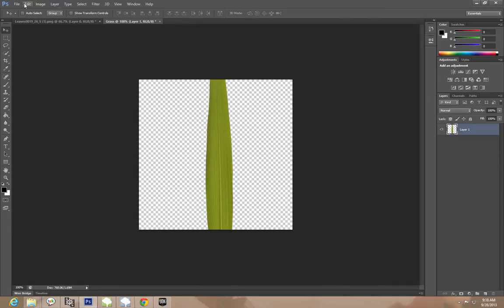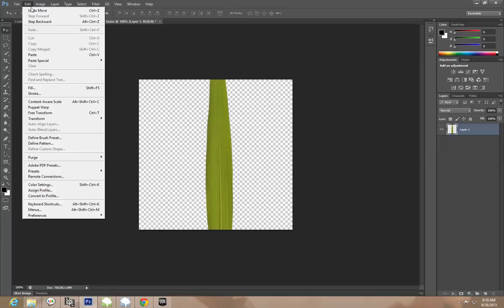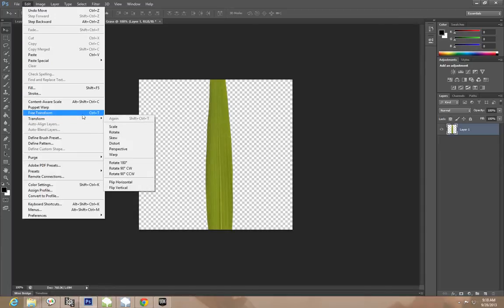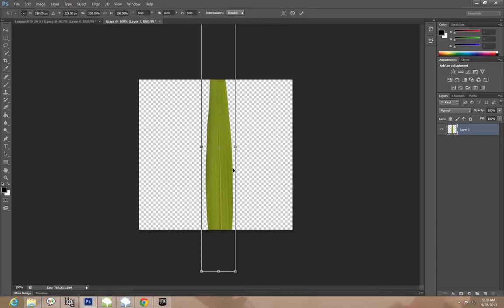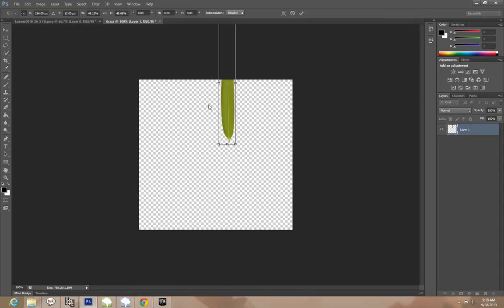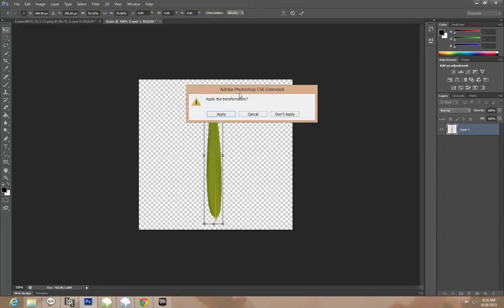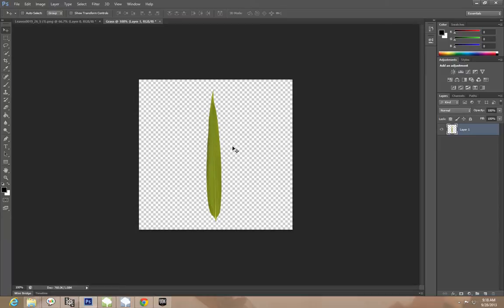So let's go to Edit, Transform, Scale it. You can do all sorts of things here. And we're just going to hold the Shift button down on one of these corners to scale evenly. Holding Shift, stretch it out. And let's say we're happy with that. So once this is the dimensions we want it, just hit this button here. It's going to ask you if you want to apply the transformation, and you click apply, and there we have one leaf. And